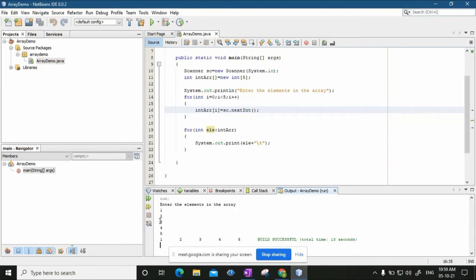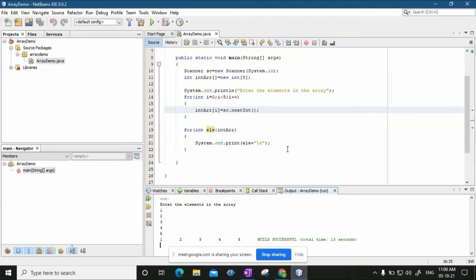So ele will be storing 3, and then you are printing ele. So 3 will be printed on the computer screen. Then automatically the index will be incremented. So ele will now store the next index element, that is 4, and 4 will be printed, and then 5. So this is how basically the for each loop works. This is a shorthand of writing your for loop. Incrementation is done automatically.